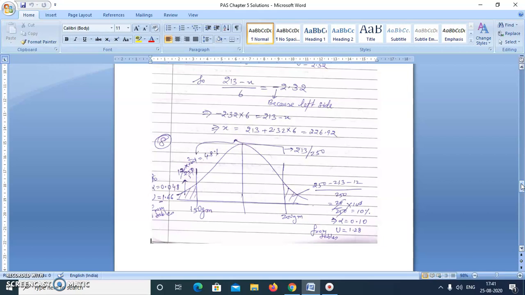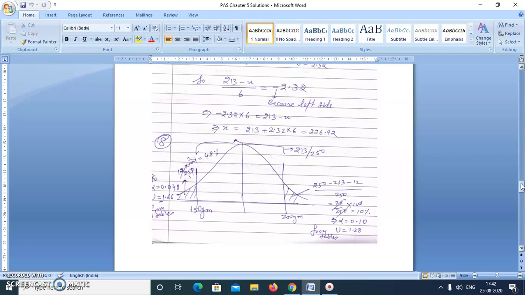Now the second part of the question is, a load of 200 gram was then hung from the previously unbroken pieces and further 213 pieces broke. So further 213 upon 250 pieces broke. So now the reading of 200 grams is towards the right hand side of the mean, because in normal distribution 50% of the readings are below mean and 50% of the readings are above mean. So 213 threads, next 213 threads broke at 200 grams.